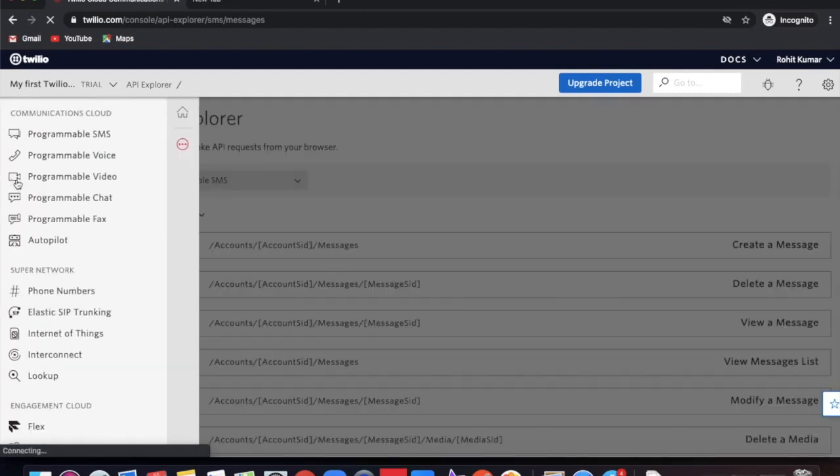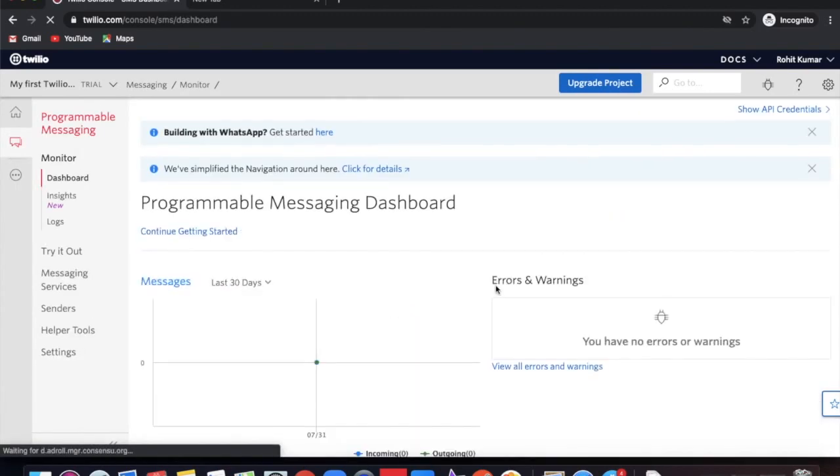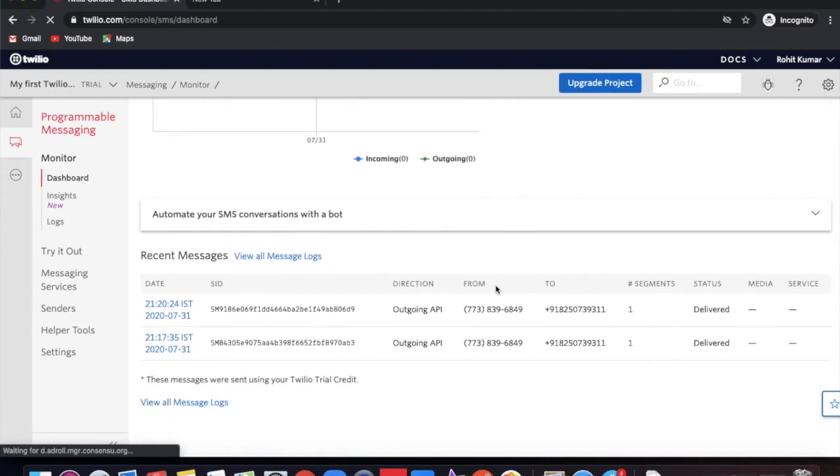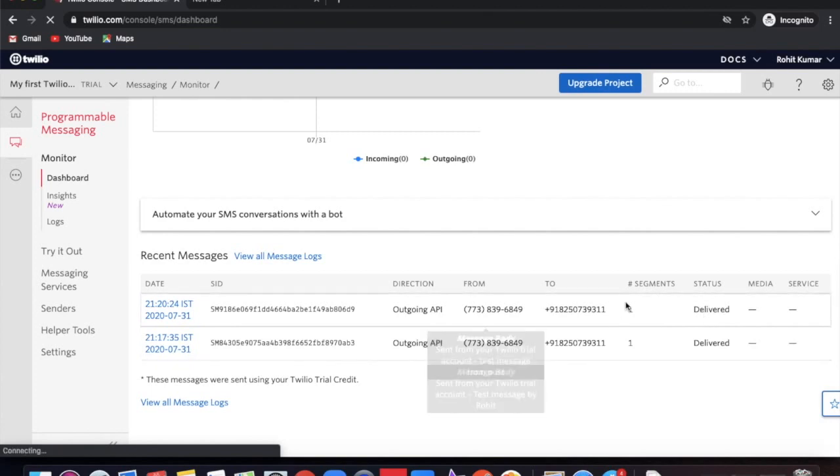Also if you click here and click Programmable Messaging, you will be able to see the dashboard, how many messages, how many times you triggered. You can see that we called twice, so two records are there, and even if you click any of these you will be able to see more information.